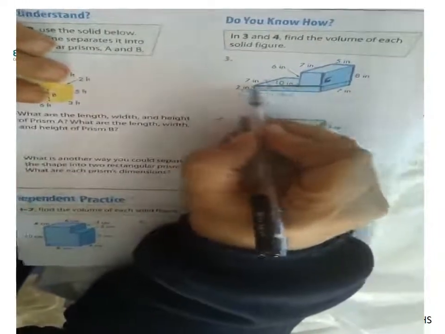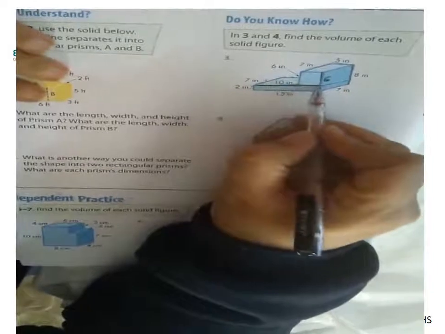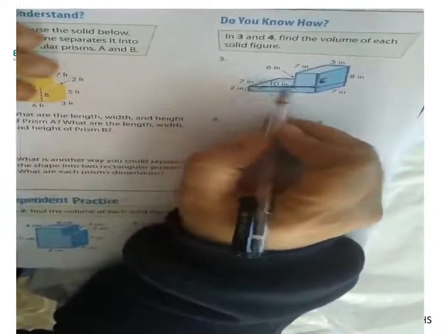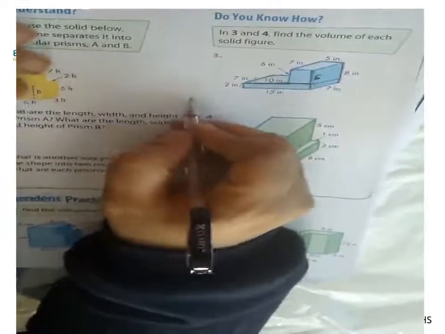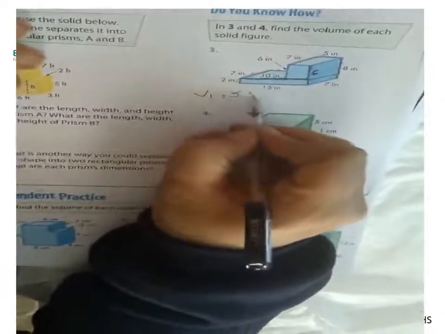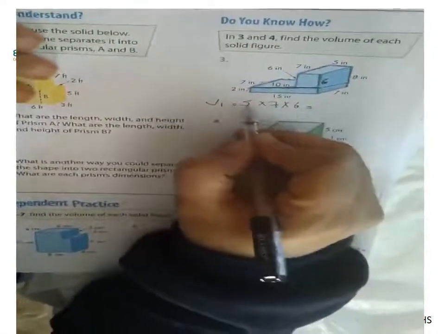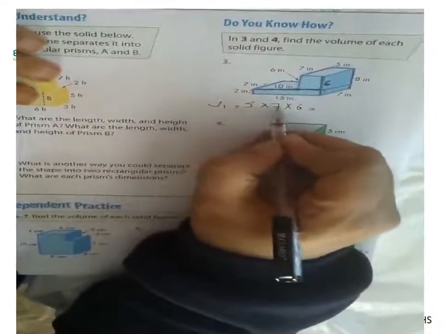So the base equals 15 and length 7 and height equals 2. Now we determine the dimension of each one, so we write the volume. The volume of the first figure 5 times 7 times 6 equals 6 times 5 is 30, 30 times 7 is 210